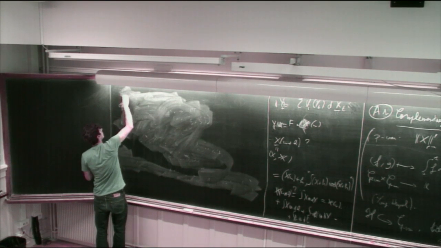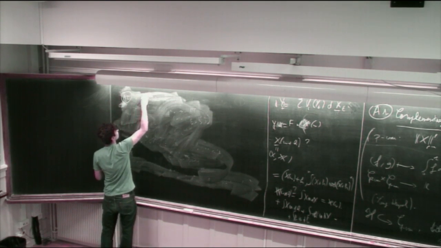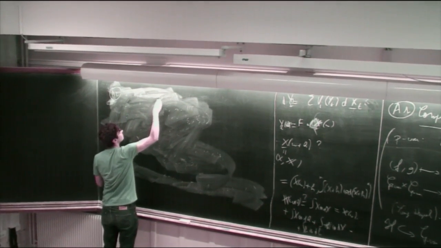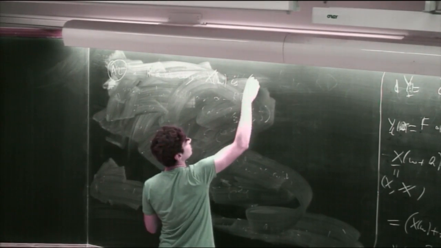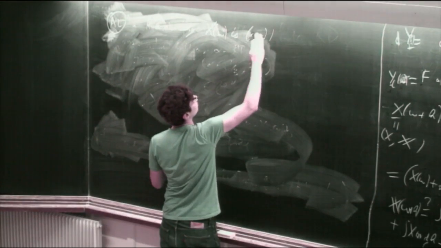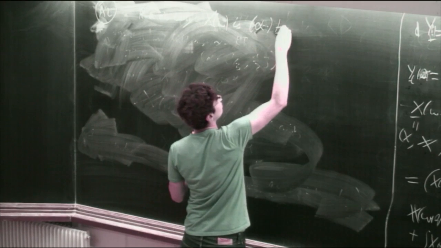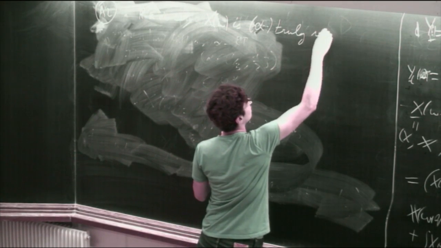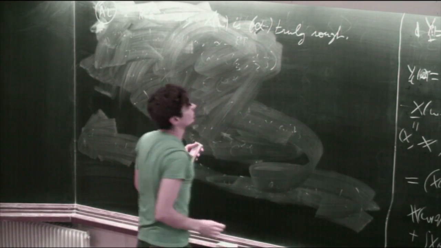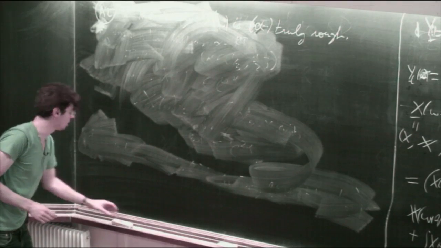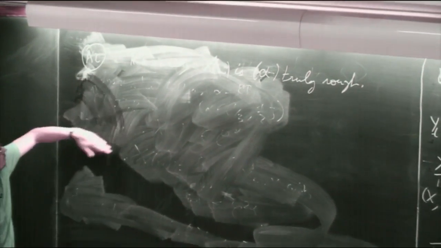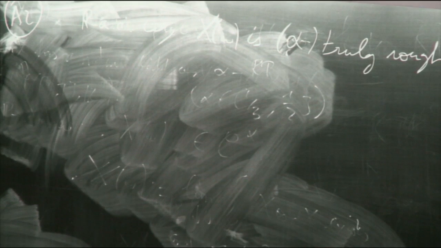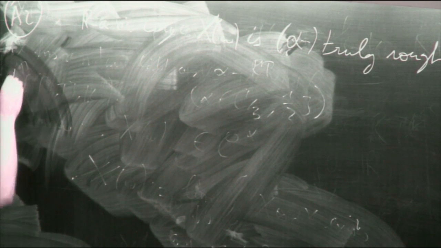So A2, which is just, again, P almost every omega, X of omega is, let's say, P or alpha, truly rough. So this will really appear very naturally that we need this assumption in the proof. And finally, this was a local assumption on the path, and we need now a global assumption,